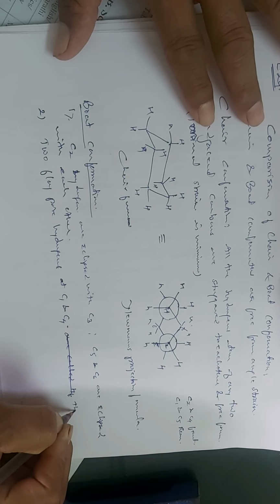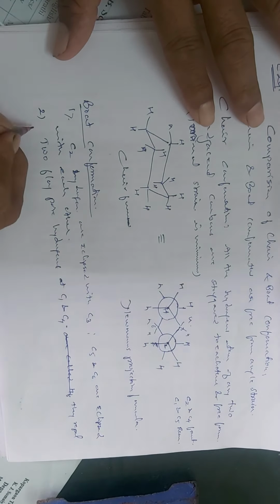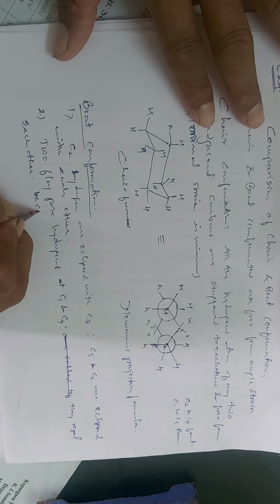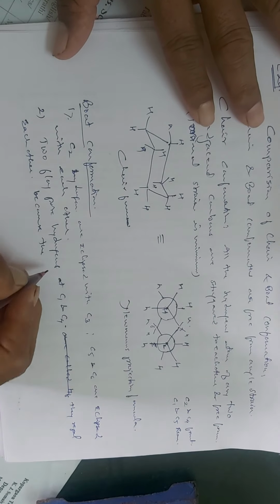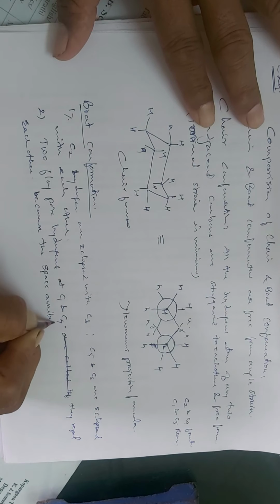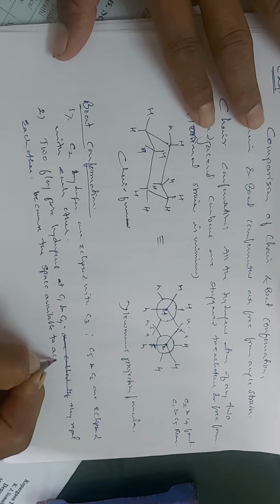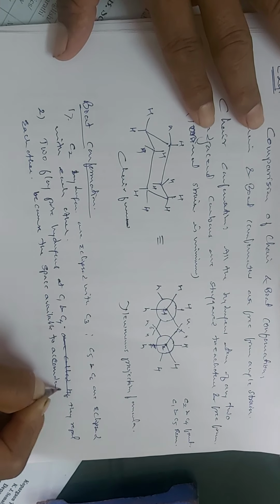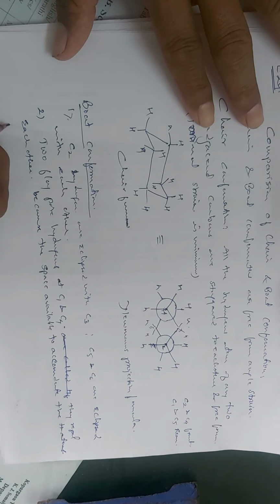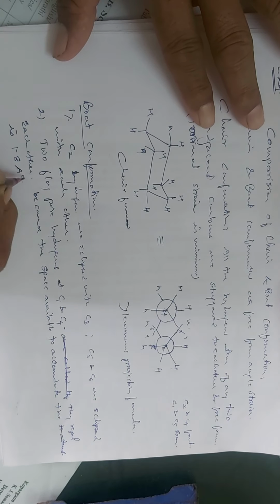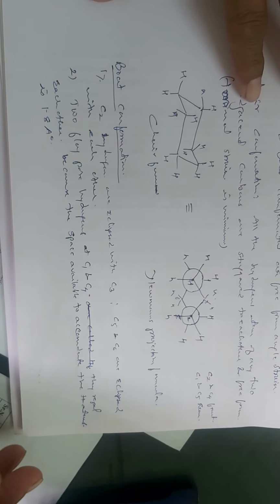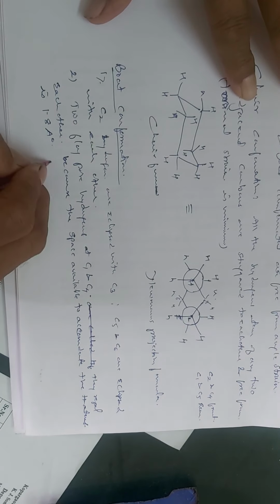They repel each other because the space available to accommodate these two hydrogen atoms is 1.8 angstroms,